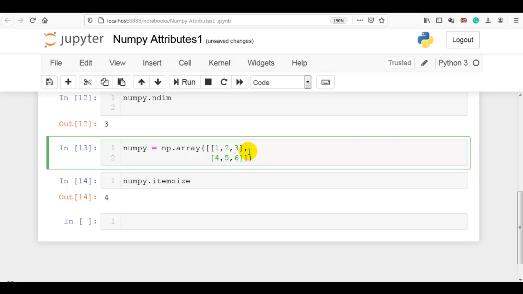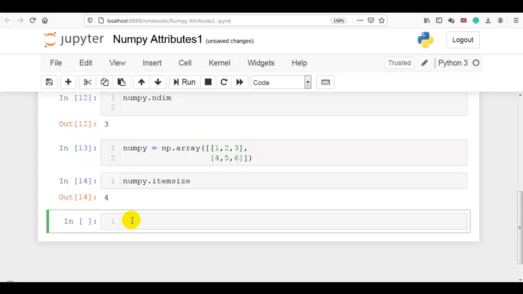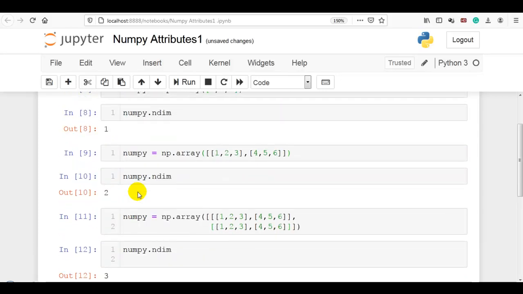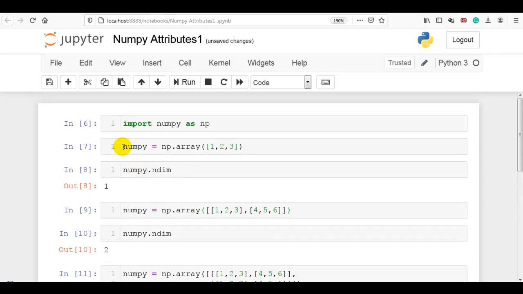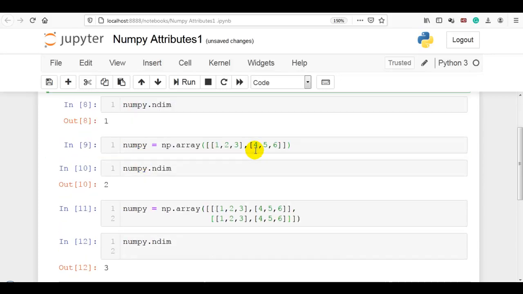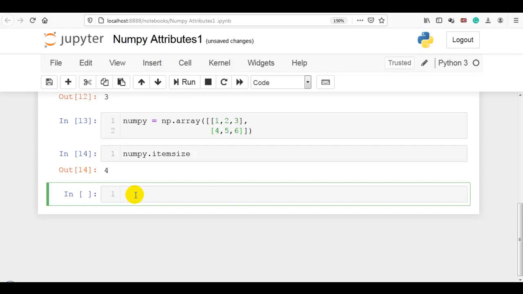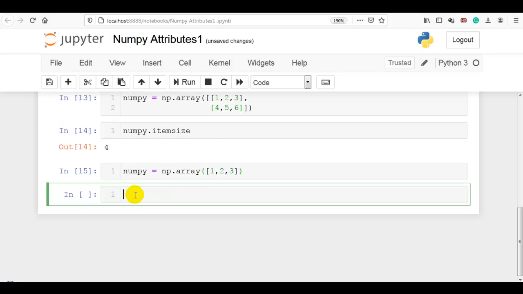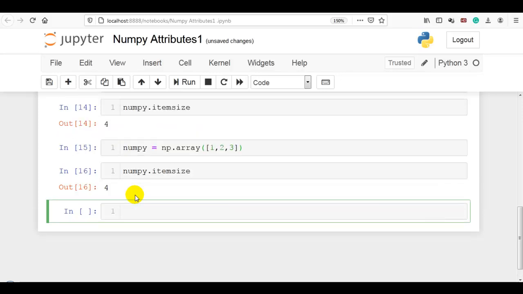So here one element is 4 bytes, so the output is 4. Also you can take a 1D array, but in all cases it will display the length of one array element in bytes. So np dot itemsize. So one element is 4 bytes.